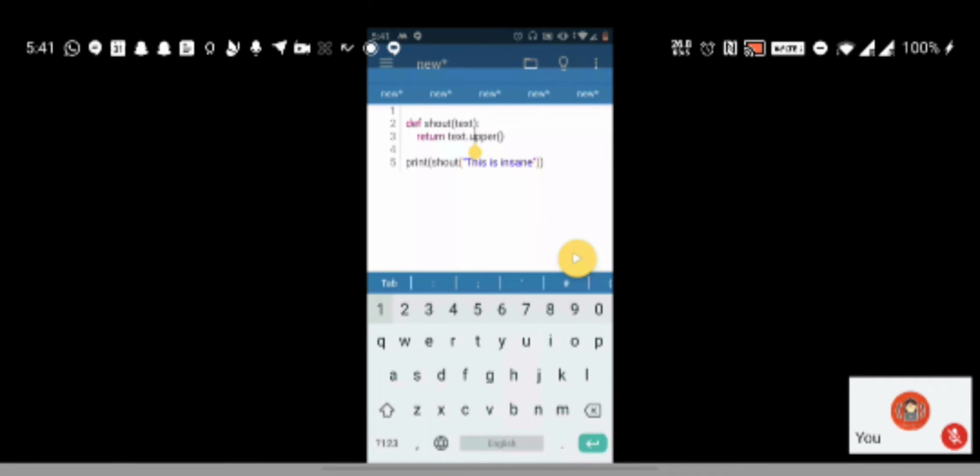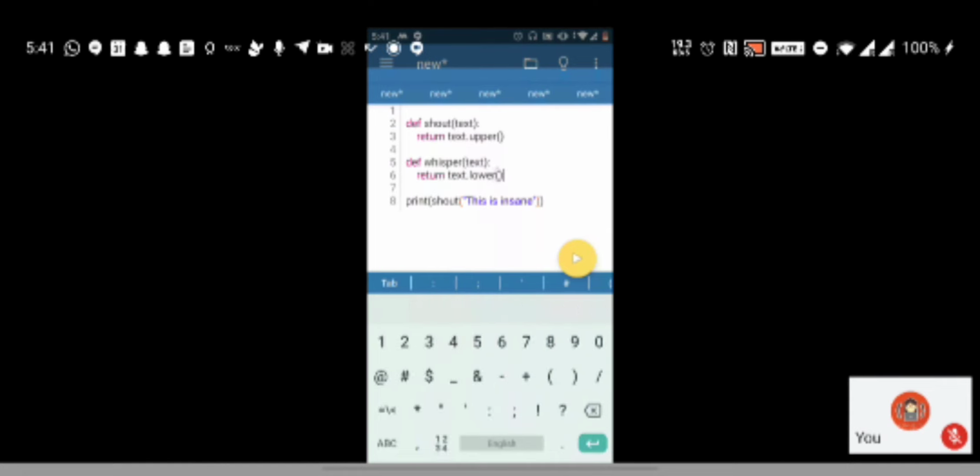Similarly, I'll write one more function called whisper. Whisper is going to say everything very softly, so all the characters of the string should get returned in lowercase. So I have text dot lower.